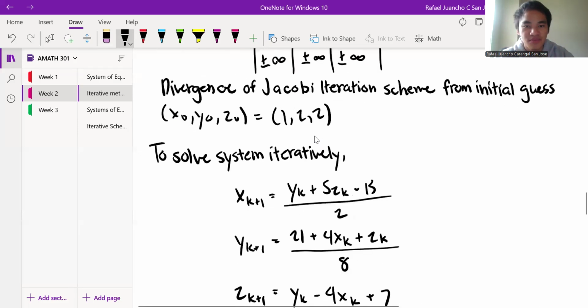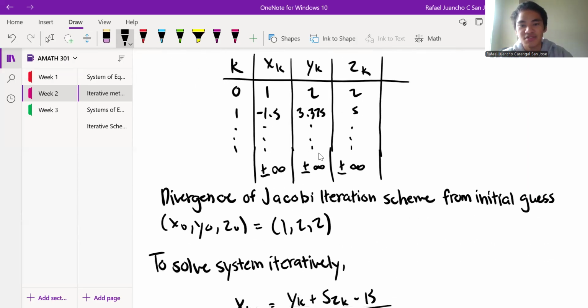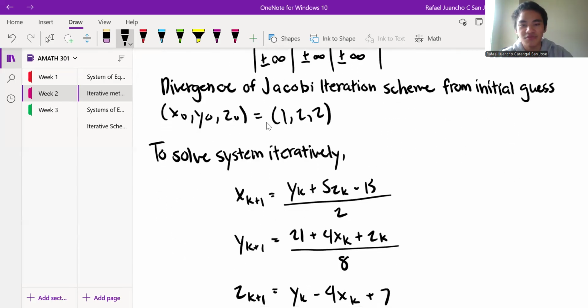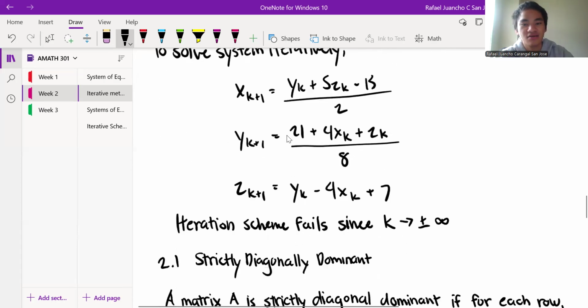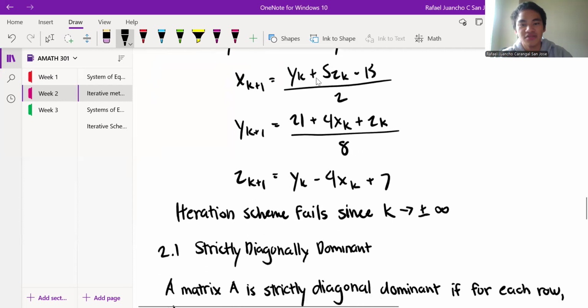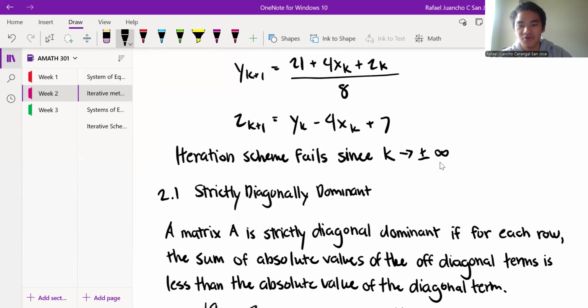And from there, if we try to solve it using our Jacobi scheme, we'll get a divergent solution. So we won't be able to find values for anything. We can solve this iteratively, and if it fails, it goes to infinity, whether that's positive